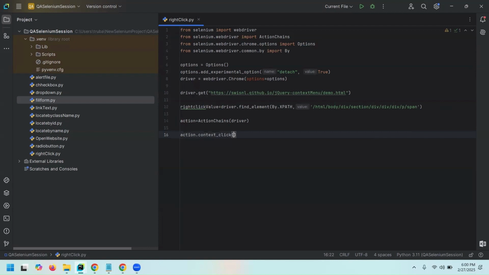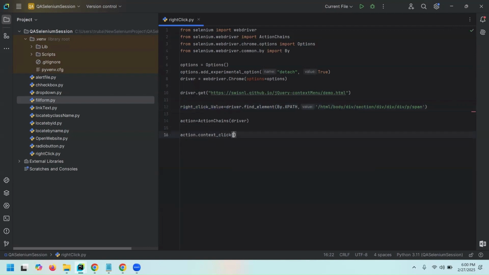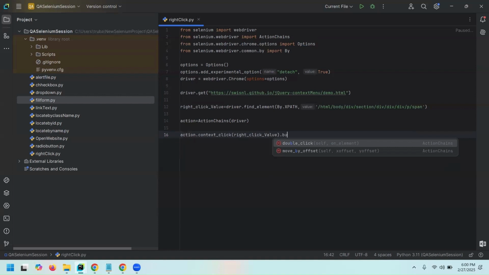context click. Now remember, there are a lot of similarities when you are using these actions. Basically, there are three different actions that you'll be performing. One is right click, another one is mouse over, and the next one that you will come across is drag and drop. So now here in this context click, you will pass the element where you have to perform the right click. Now the next step will be build,